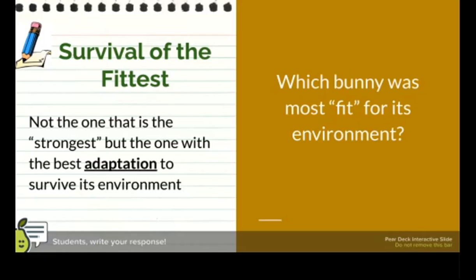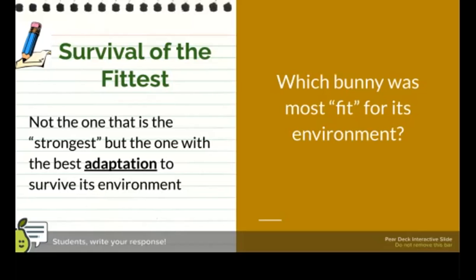Notice the pencil. Make sure we have this here. It's not that the white bunnies are stronger, they're better adapted, so they're more fit. Not Mr. Lobo buff fit, but it's the trait they have. Maybe in other organisms, it's because they have flowers on them. Maybe in other organisms because they're slimy.